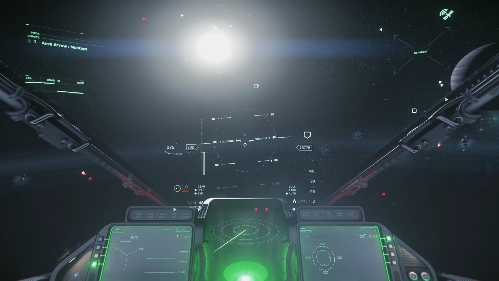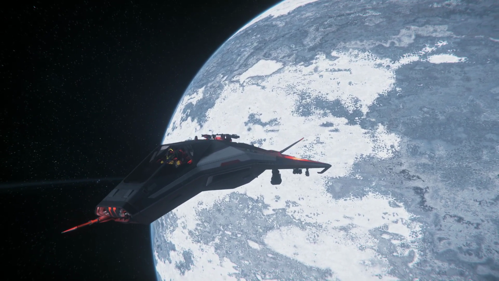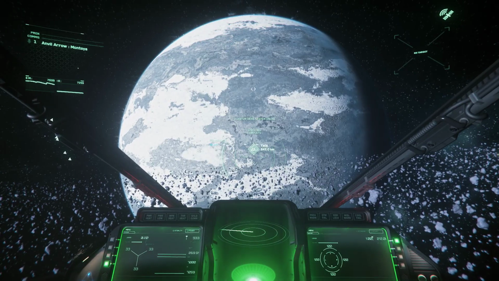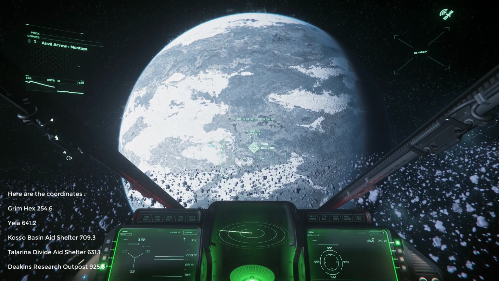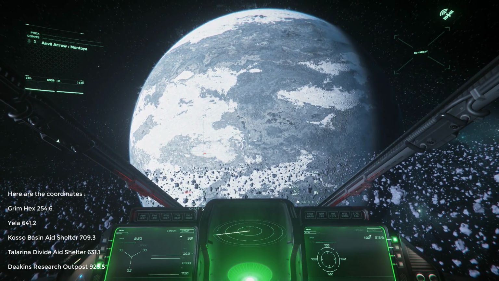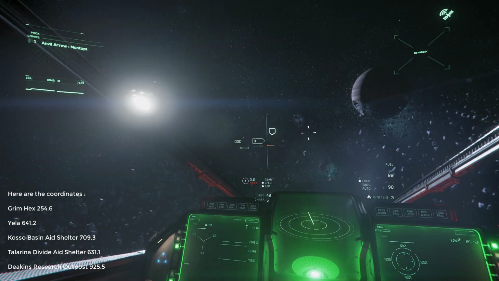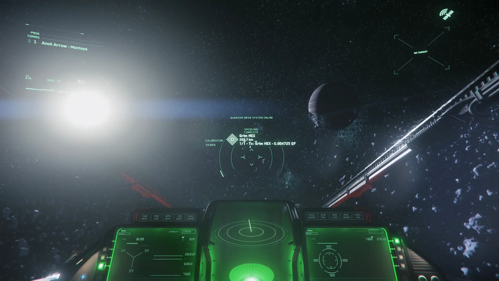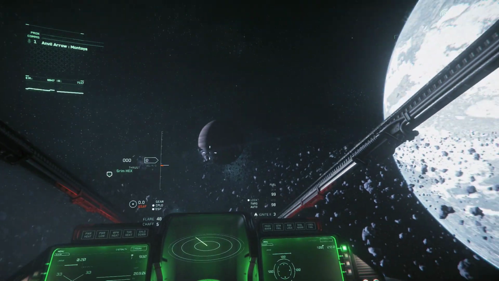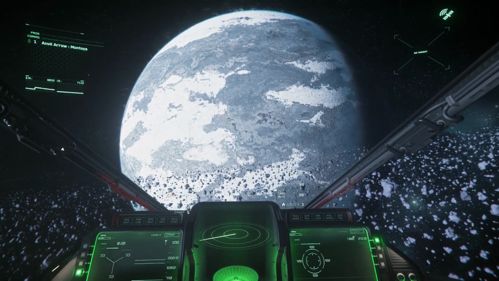That's where we gotta be. And how we do that is by simply putting Yela at your 6, head straight forward, and you want Grim Hex to be on your left once you're there. Grim Hex has to be roughly 254 clicks to the left over there. So if you have these 2 points aligned with Grim Hex on your left and Yela 641 in that direction,